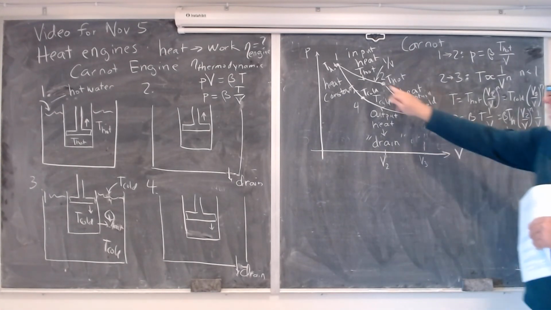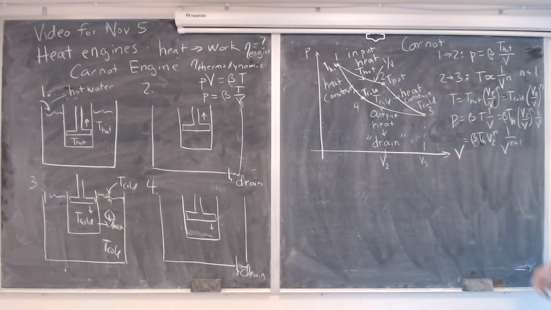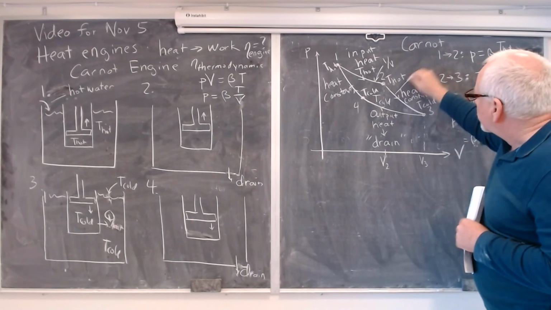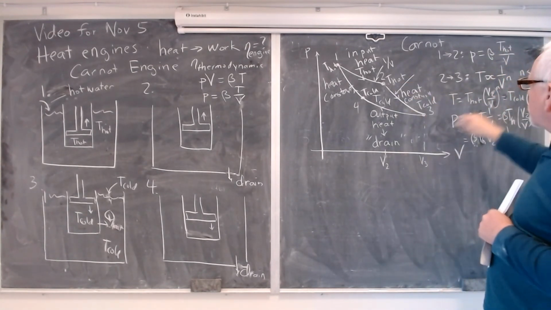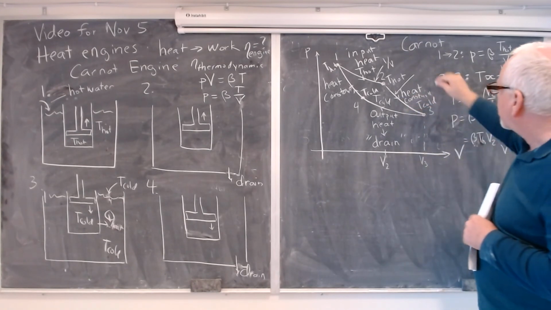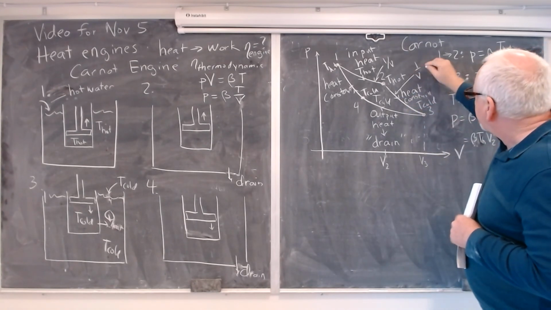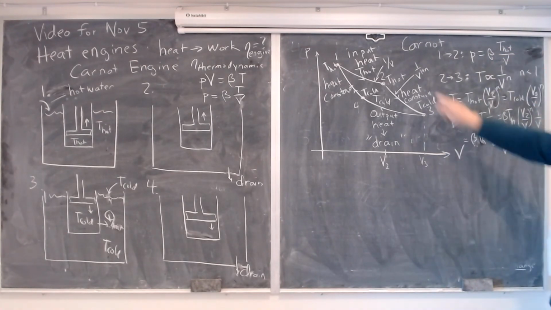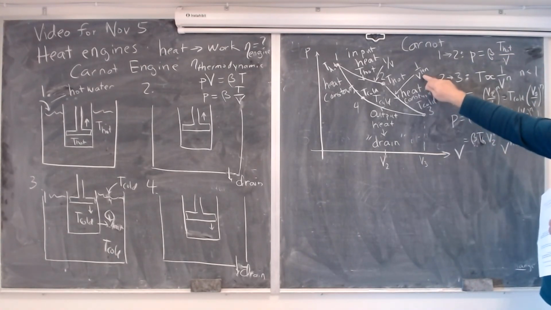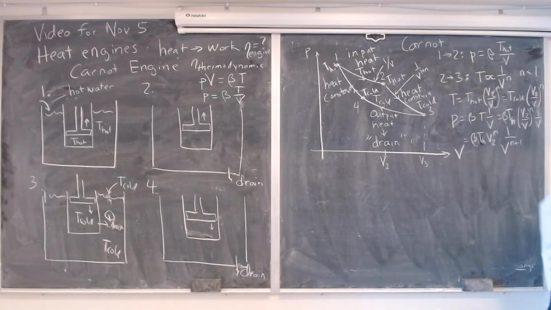So I know what P of V is from that point to that point, and I've determined that. You knew ahead of time, because if the temperature is dropping, it's going faster than 1 over V, so that's going as 1 over V to the 1 plus n. So it's dropping faster than 1 over V because it's dropping as V to the 1 plus n, where n is something like 0.5 or something like that. All right,